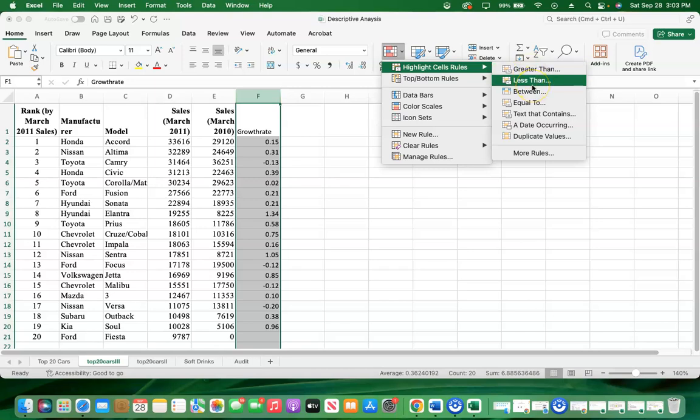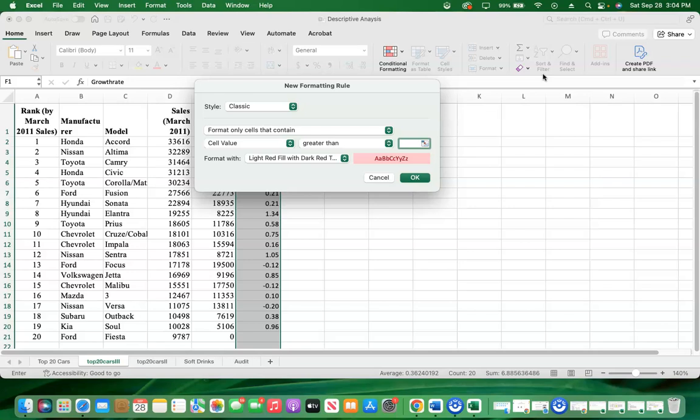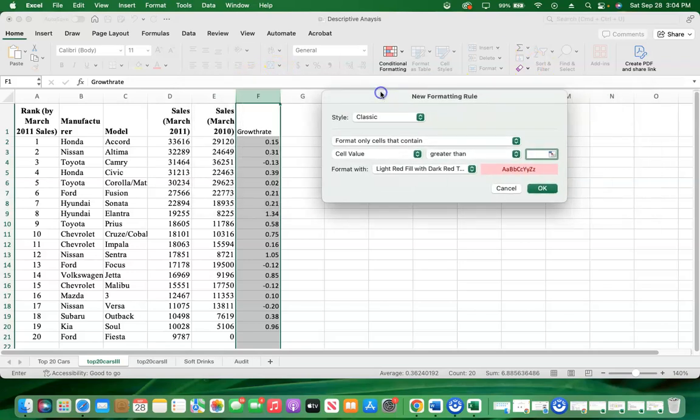Or values less than. We can even find values between, let's say between 0 and 0 point something. Or we could find values which are equal to a particular value, and so forth. So let's look at values which are greater than. If you click there, you can see that we can look at the values which are greater than